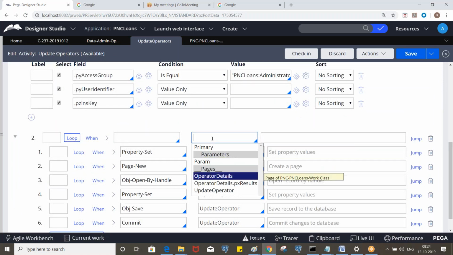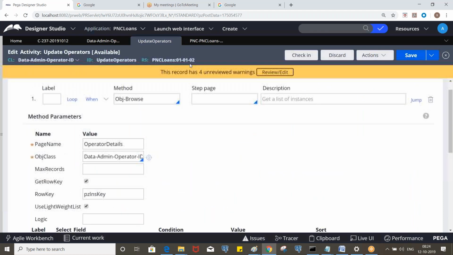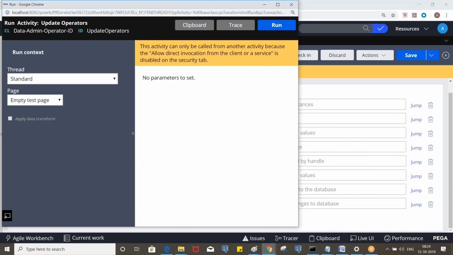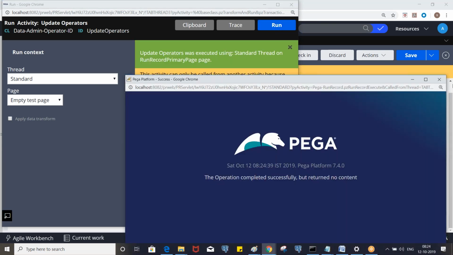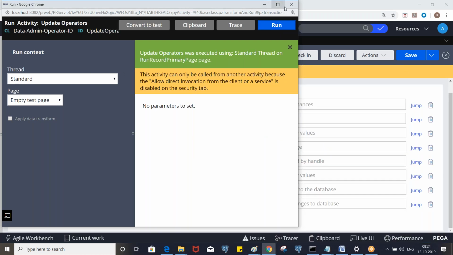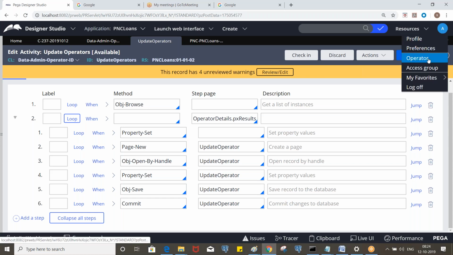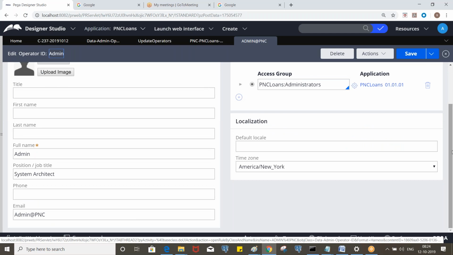So now let's execute this. Go to the actions. We are updating all the operators, right? Okay. The operation completed successfully. I will show you that in the tracer also. So position updated, right?